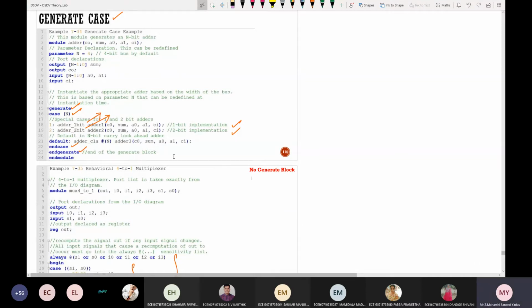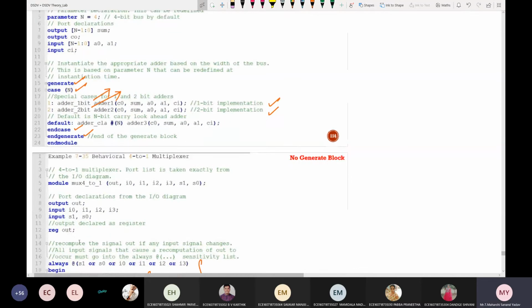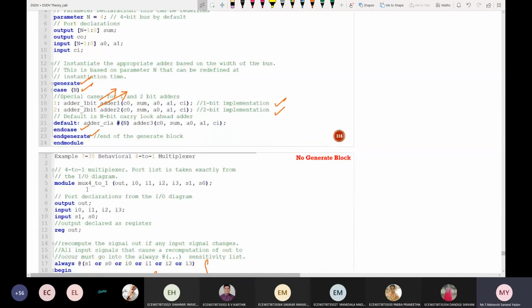Hardly any time is there for you. Again, assignments will also be given, and attendance is very important this time. Instead of assignment, they're asking us to give marks based on attendance. So no marks will be given for your assignments, followed by quiz. Generally this will be the pattern, right?